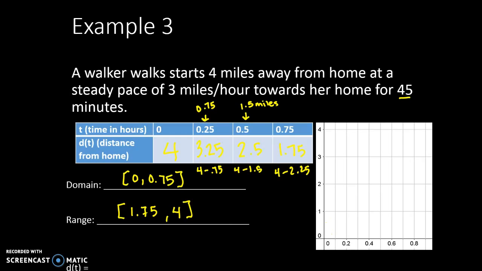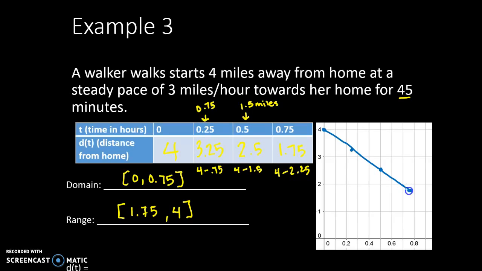And then for the graph of the equation, I think it's helpful to see a line. So (0, 4), (0.25, 3.25), so something like there, and (0.5, 2.5), so something like there, and (0.75, 1.75), so something like there. So here's her line,